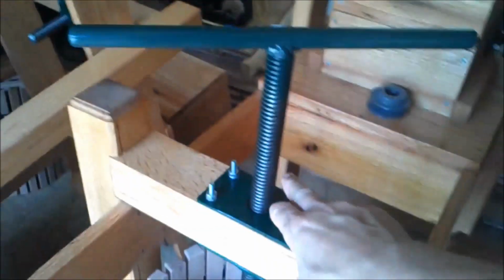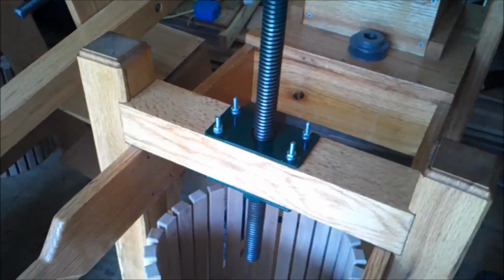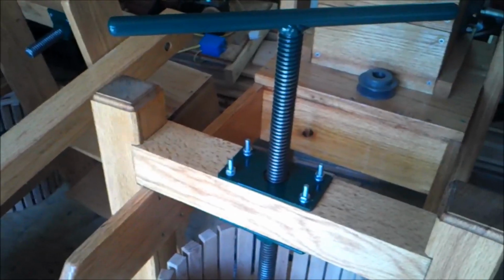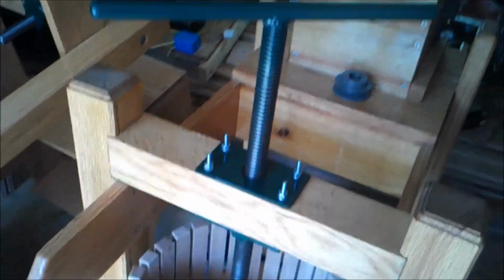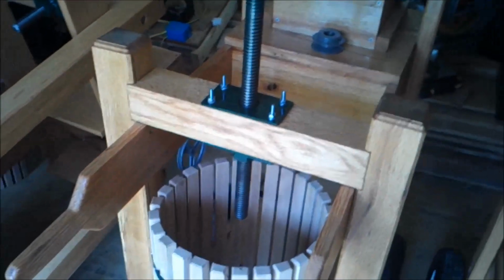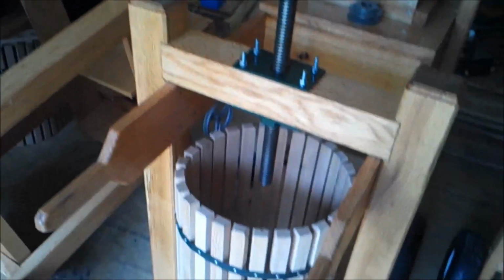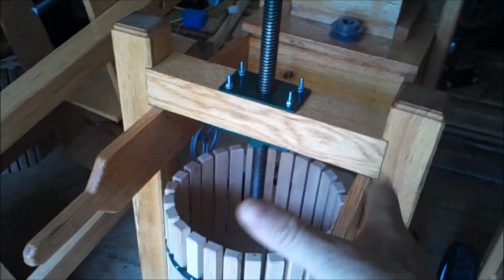So if you screw this thing tight enough to break this by putting that much pressure on it, well, you kind of deserve to have broken it, because you wouldn't have been smart enough. This thing is going to take a lot of pressure. And what I did notice in the previous builds was that once I get to going at it, once you're breaking this thing in, because you got all these joints that are,